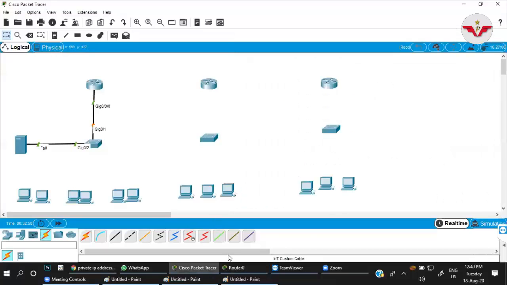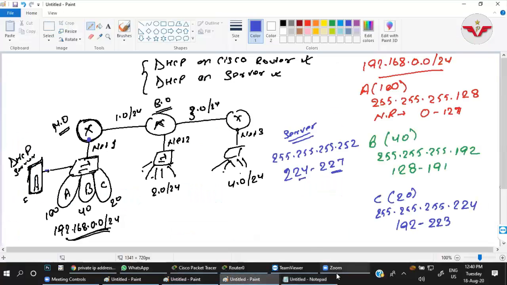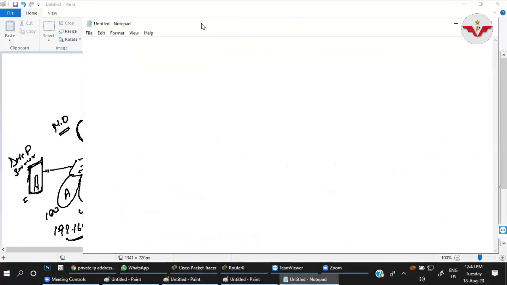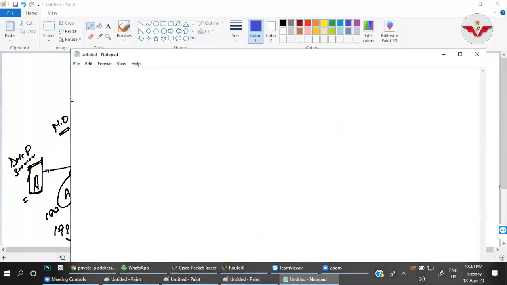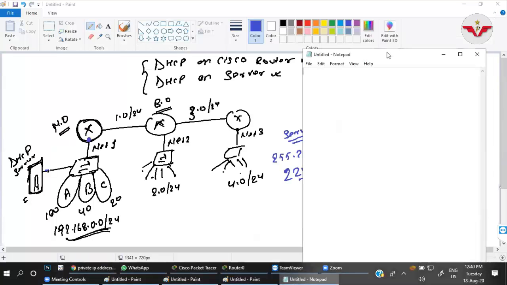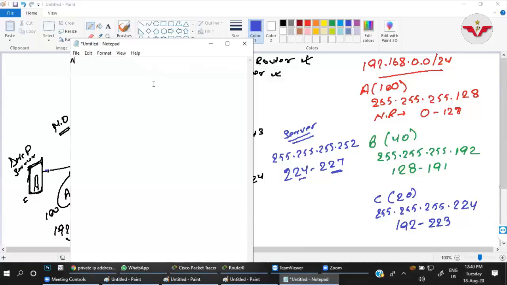Let me write it down here. For network A, I am going to use the network from 0 to 127, and the CIDR value would be 25. For B, I am going to use 128 to 191, and the CIDR value I will use is 26.